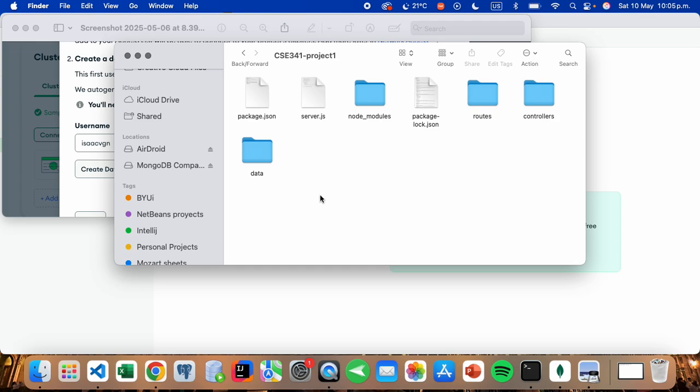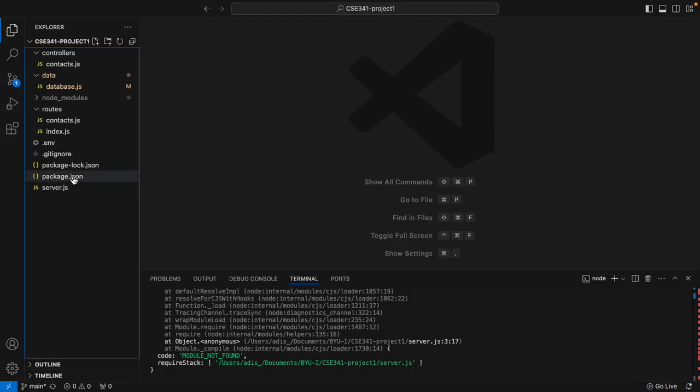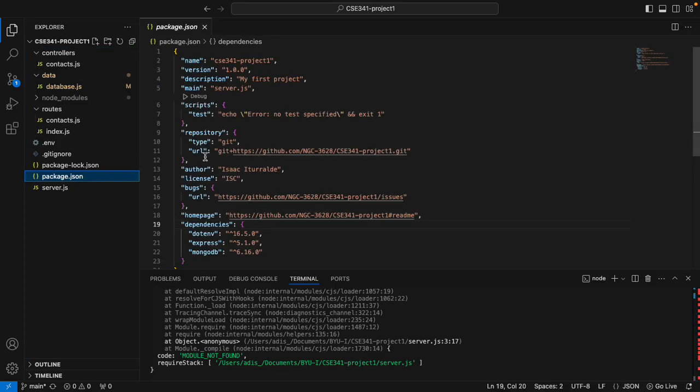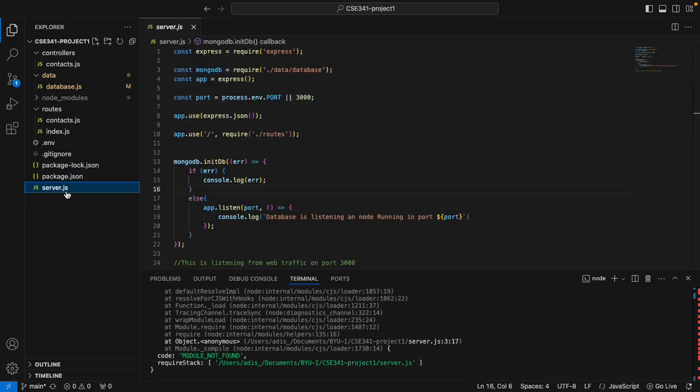Well, I made a folder for the project. Therefore, a file, sorry, a JSON file was created. So I had to add the author and the URL to GitHub and type, and many things like that. So after I did that, I had to create a server,